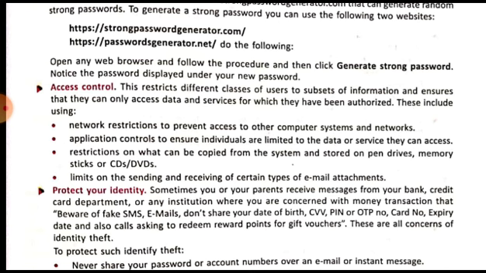It ensures that they can only access data and services for which they have been authorized. Only for those data and services for which they have been authorized will they be able to access that particular data or services. They will not be able to access all information at a go, or all information which is available on the internet. So we have partitioned users into different classes, and depending on the class, a user will be able to access only a particular portion of the available information.